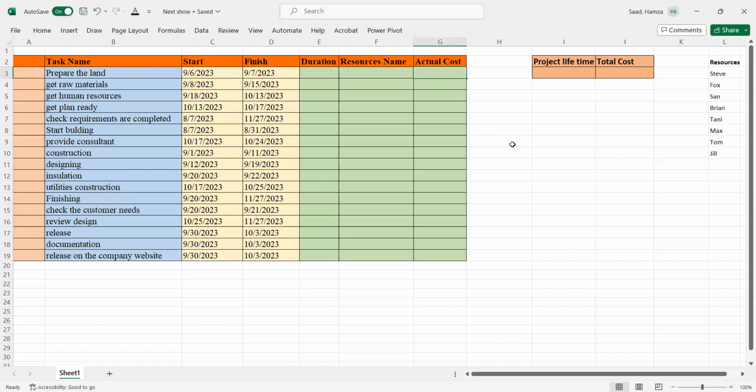Hello everyone, today I will show you how to build the project in Excel using the real tasks and start and finish time. First of all, we need to find the tasks. We need to get the start date and finish date in order to find the duration and hire people for these tasks to be done. For these tasks, we have only tasks in order to create